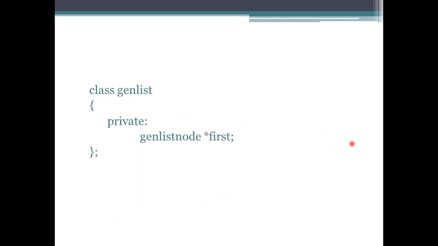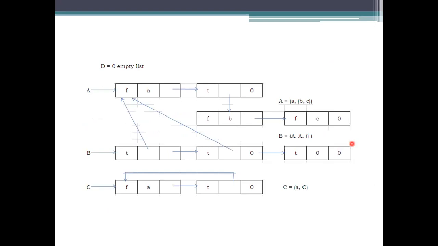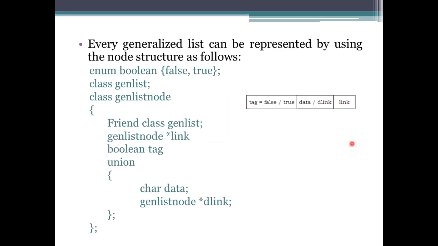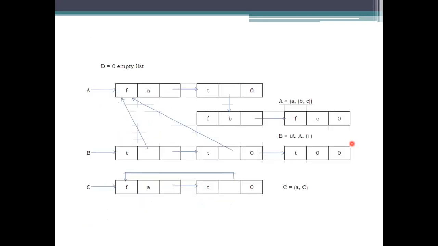And to form this generalized list, what you have to do is call up these values and check whether they are there or not. If the value is there, specify the link, value, and then specify the link there. If not, just leave it. So these are the examples we took so far. D, if you remember, is an empty set. D is an empty set means there is no need to create a list for that one.